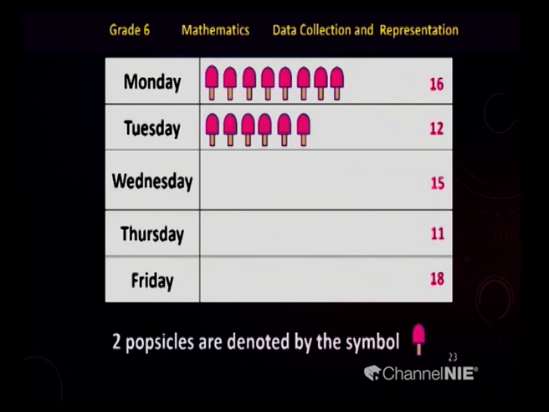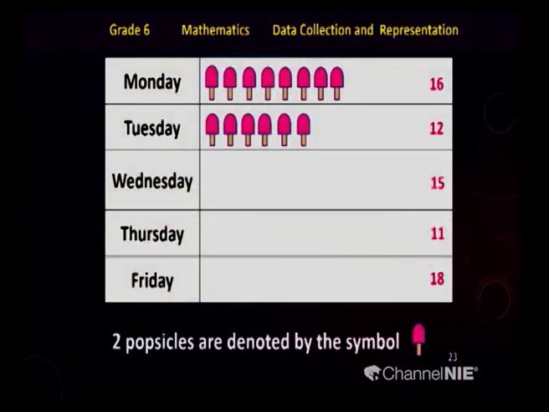There are 15 popsicles he has sold. Then, how to represent 15 using this symbol? We can represent 2 popsicles using this symbol. So, 15, can you represent it? If you use this symbol, we can represent only even numbers, because we should divide all the numbers by 2. If we can divide a number by 2 without a remainder, those numbers are even numbers. But 15 is an odd number. If you divide this by 2, that is 7, and there is a remainder.